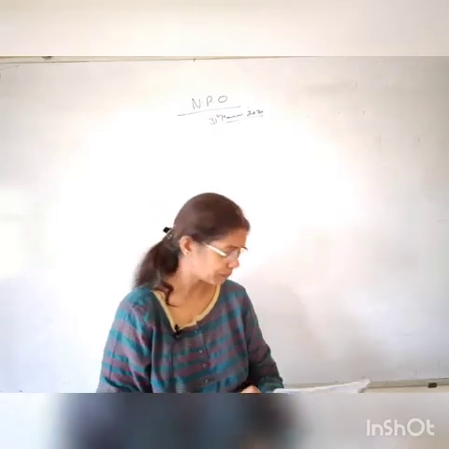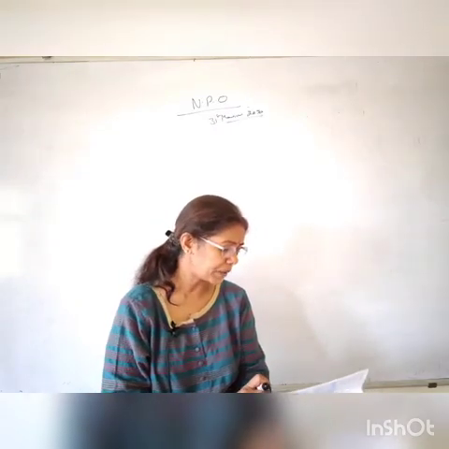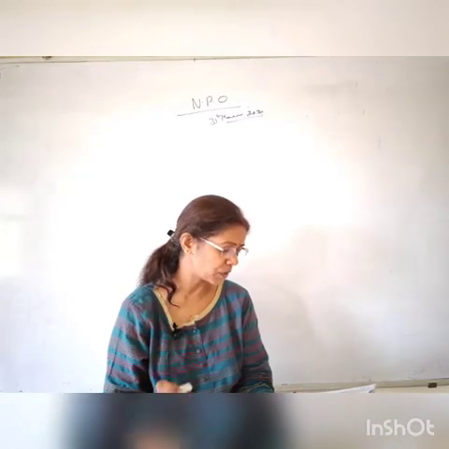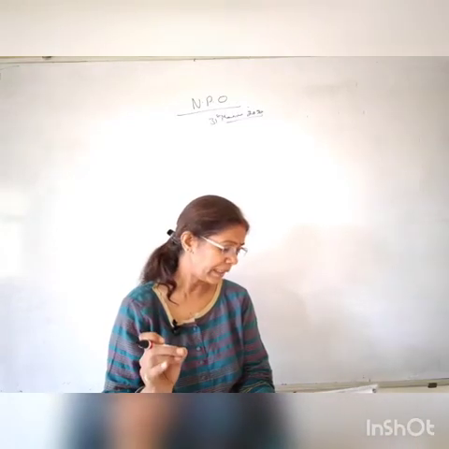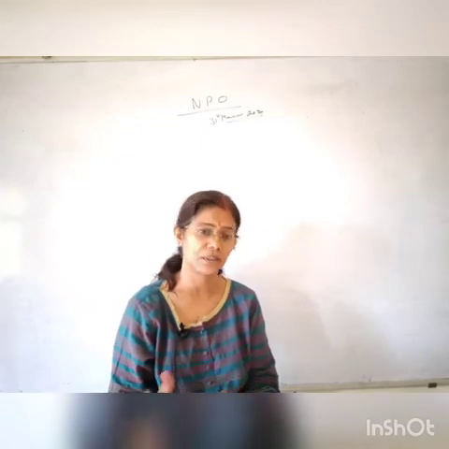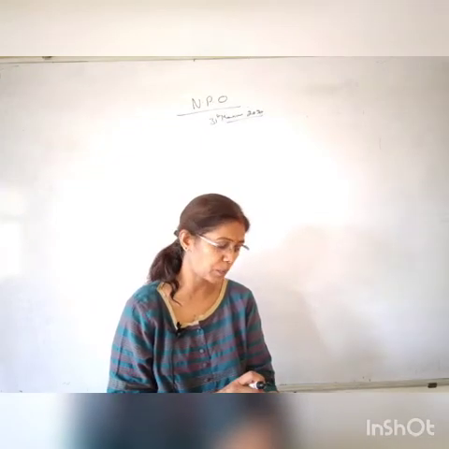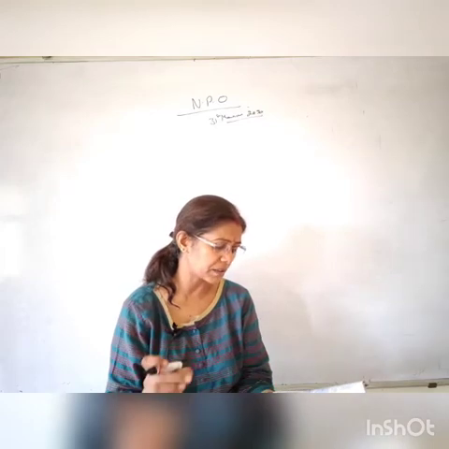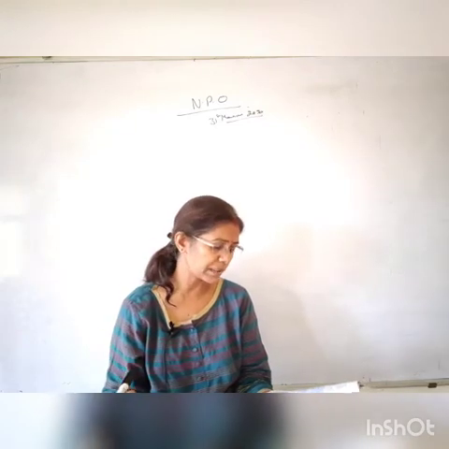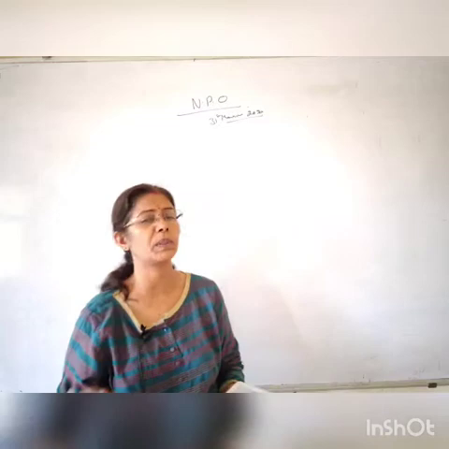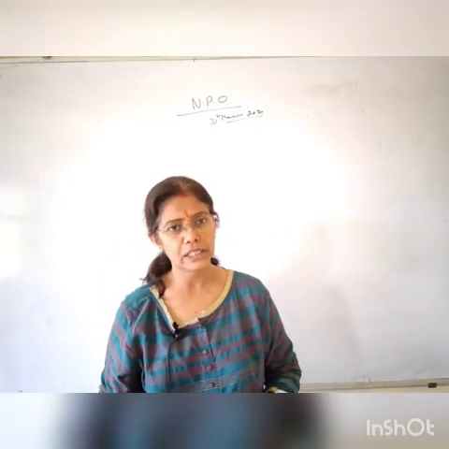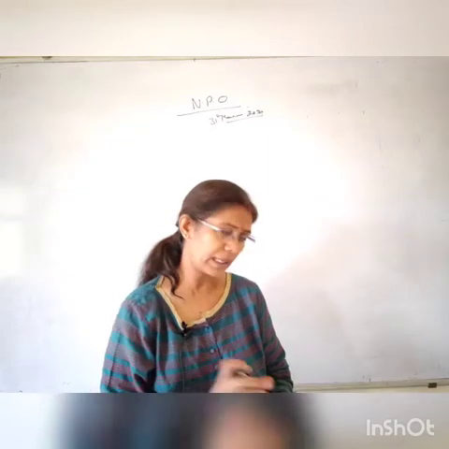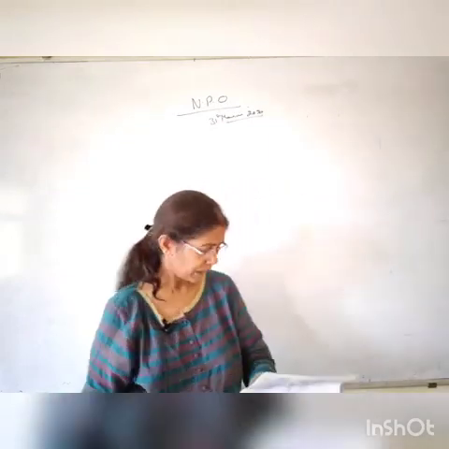So I am telling you, in the receipt side you have the balance of cash, entrance fee, subscription, general donation, legacy donation, interest, and then they have calculated surplus from cultural program. And in the payment side we have rent and taxes, salary, electricity charges, general expenses, books, office expenses, investment, and balance of cash and balance at bank is given, fine. So here they have completed the receipt and payment.